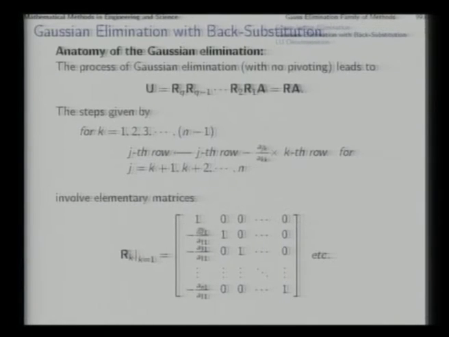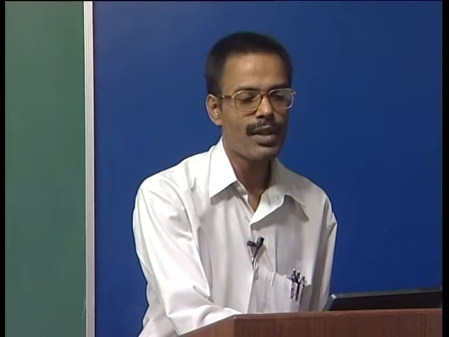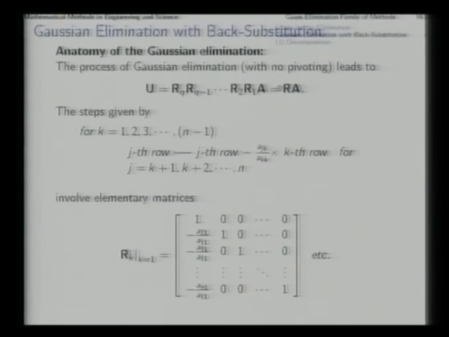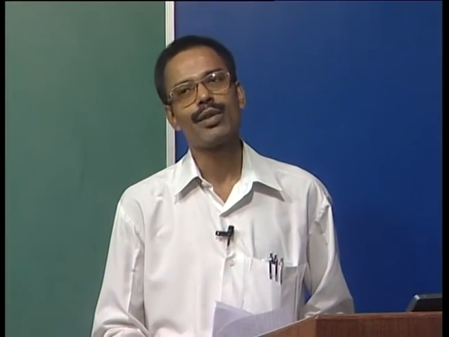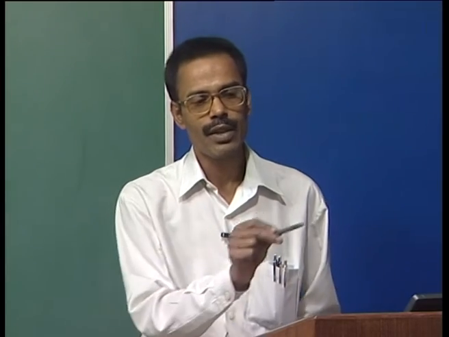Now, you will notice that this matrix and in the next matrix in which these fellows will have entries like this and so on, all of them are lower triangular matrices. And there is something very interesting in lower triangular matrices. If you have a large number of lower triangular matrices here, then the product is also a lower triangular matrix. That means, this entire matrix product R is a lower triangular matrix. And there is a further interesting point here, that the inverse of a lower triangular matrix is also a lower triangular matrix.